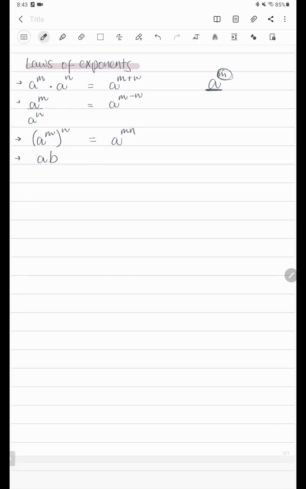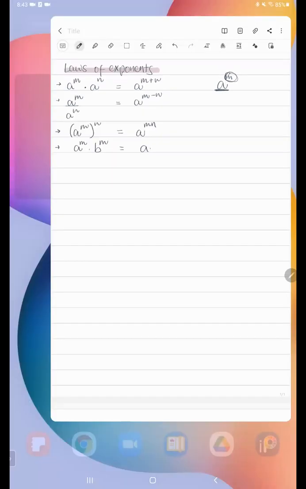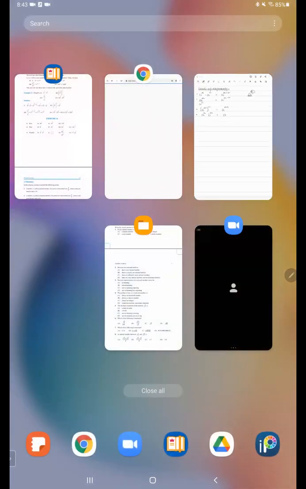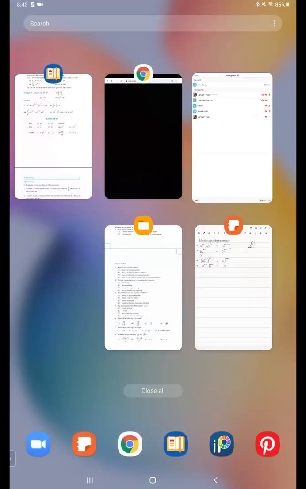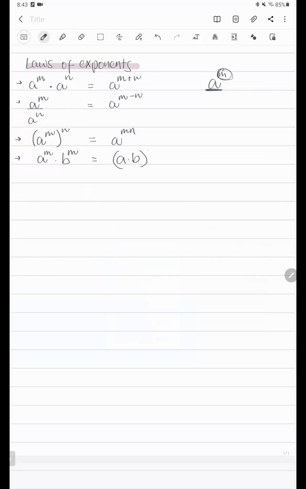Basis, and they both have the same exponent, right? They both have the same exponent. Then what is this going to be, any of you? A into B. Just a second. So B has entered. Okay, so A into B whole to the power...